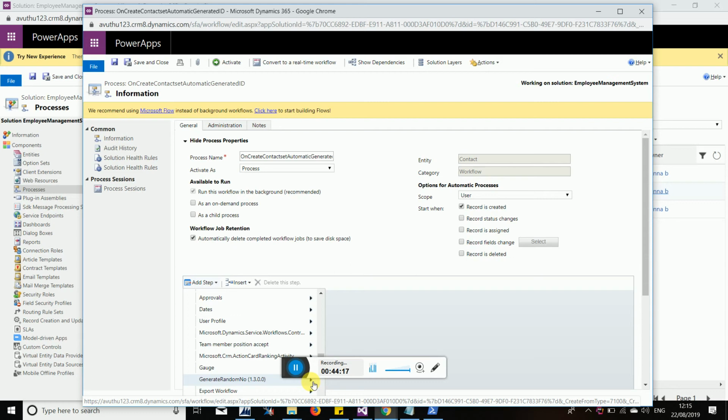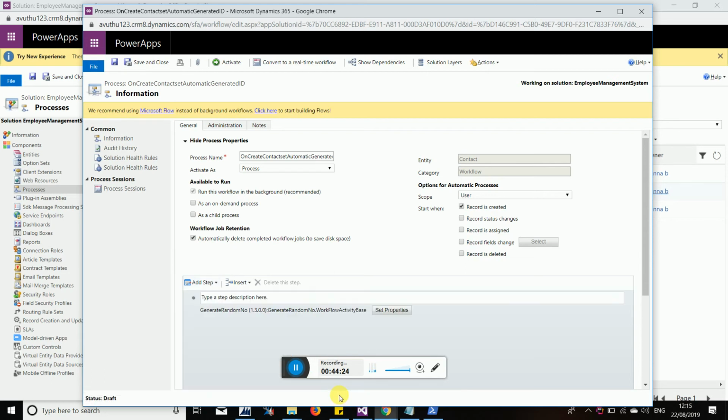So we have created a workflow, and now we are selecting the custom code which we want to get executed. Now you can save it, and then activate it.